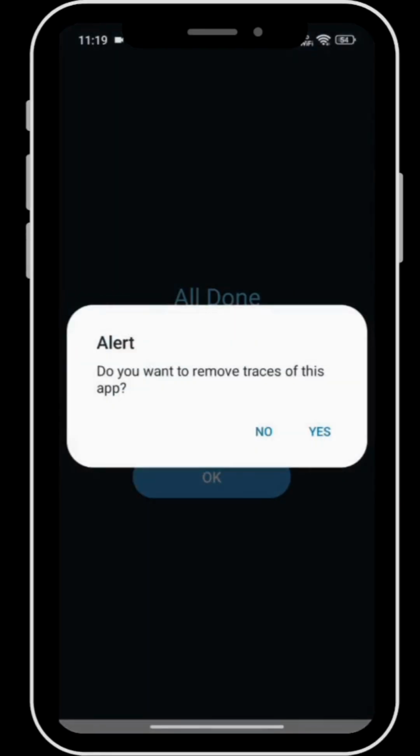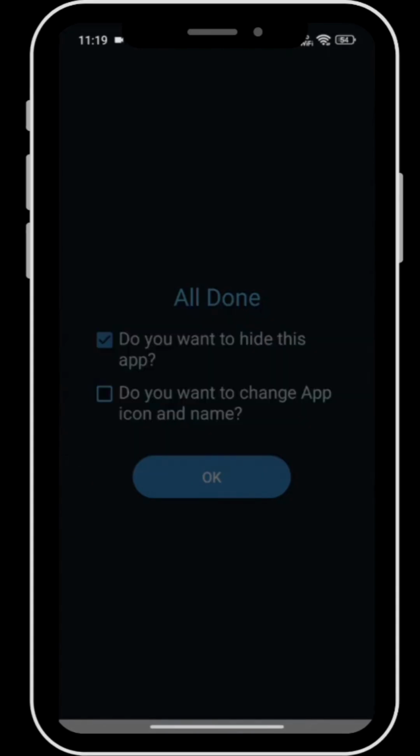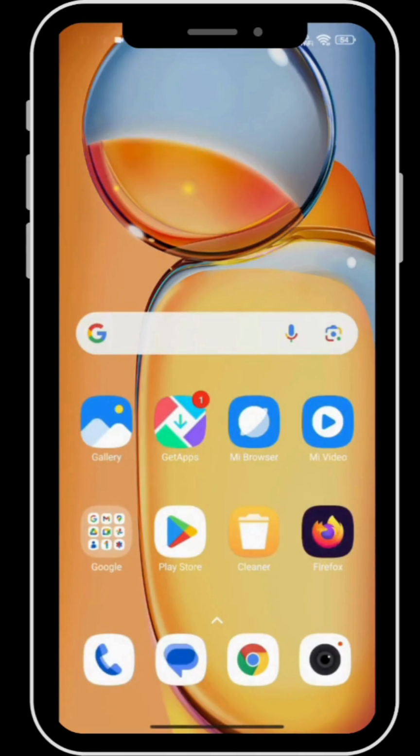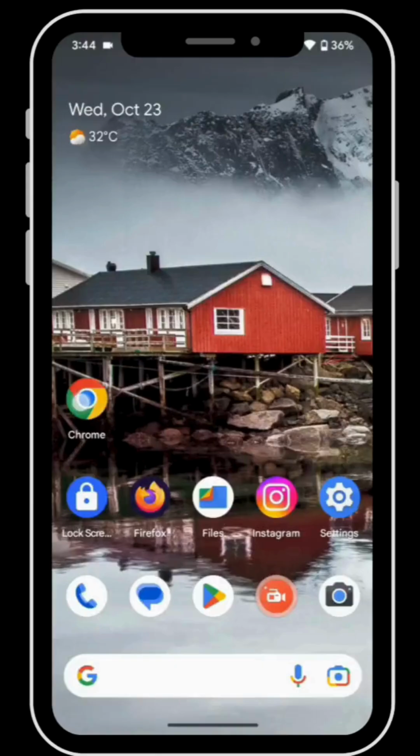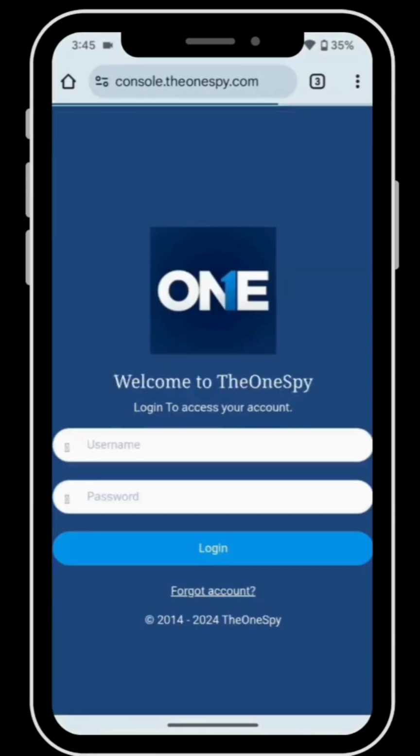A dialog will appear asking, "Do you want to remove traces of this app?" Tap on Yes to delete the installer application and the downloaded APK file from the Downloads folder. Once installation is complete, you can monitor device data by visiting